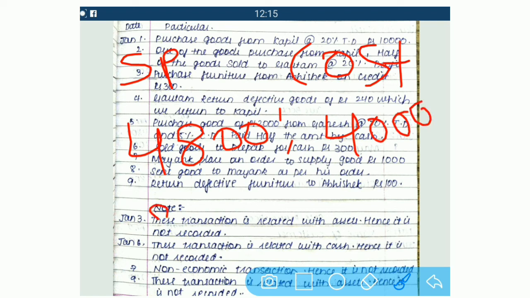Now which selling price did Gautam return to us? He returned us the selling price of rupees 240. So what do we have to do? We have to find out the cost. So this is a simple calculation for it. Now what we have to do? We have to multiply 240 into 4,000 divided by 4,800.